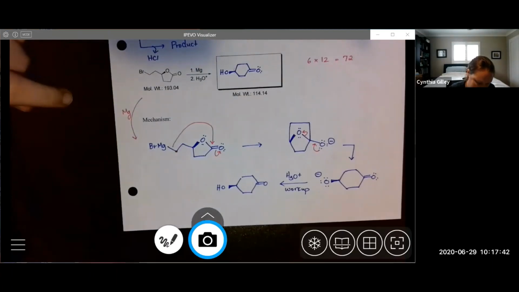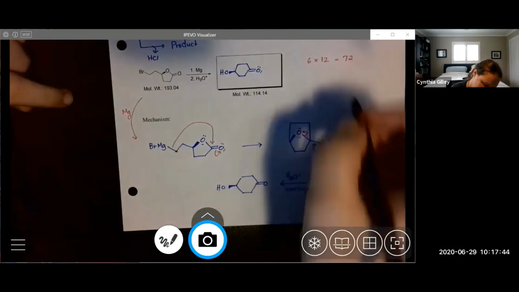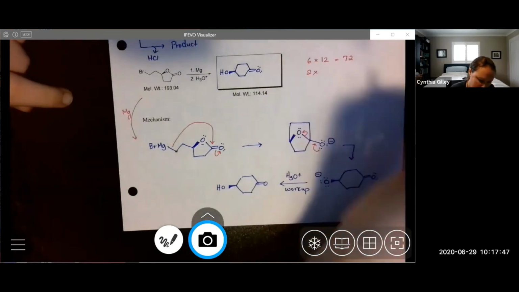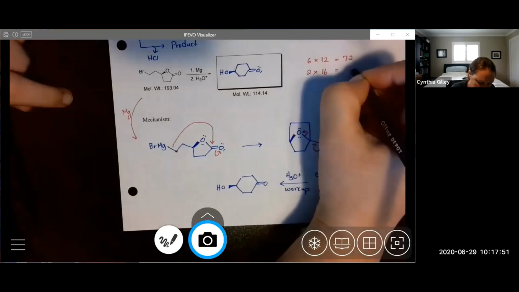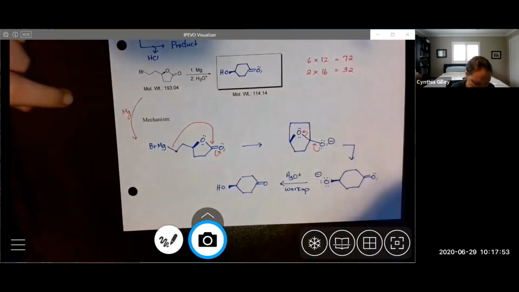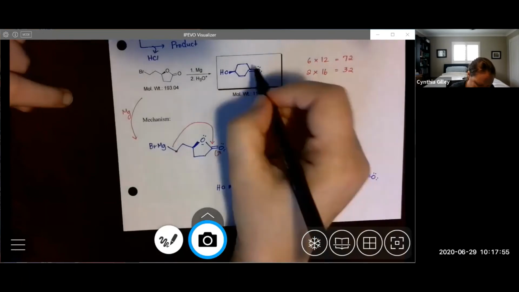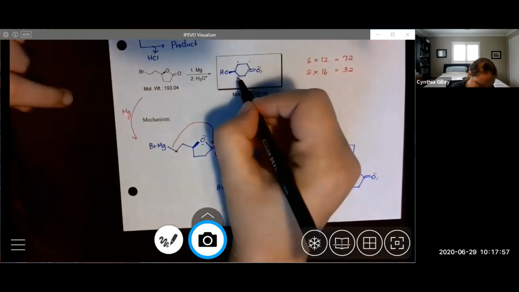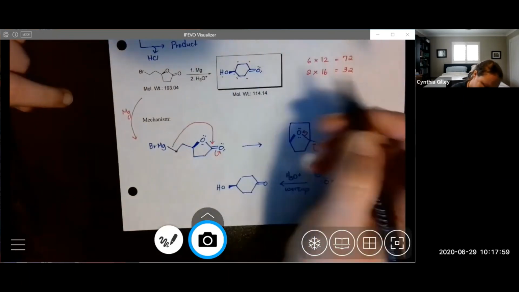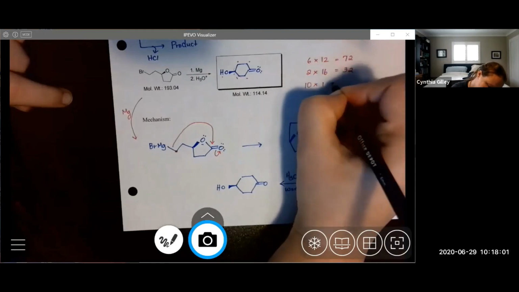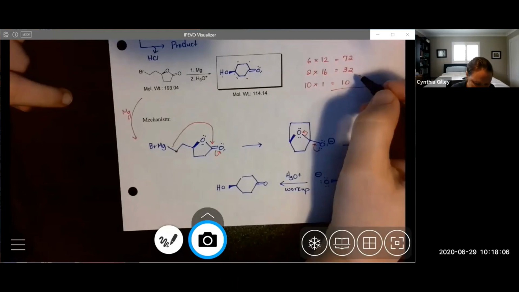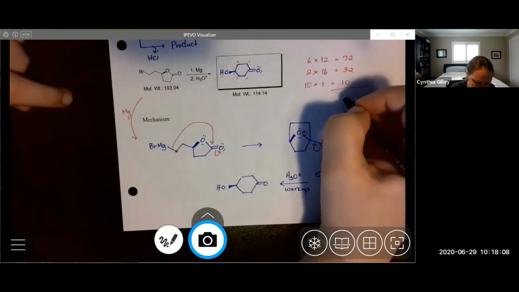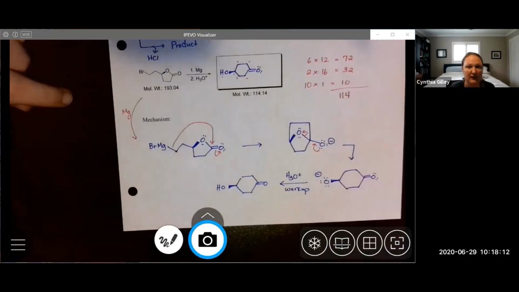And so I have 2 oxygens. So 2 oxygens weigh 32, and 2 hydrogens. So I have 1, 2, 3, 4, 5, 6, 7, 8, 9, 10. We have done this math right. So likely to be